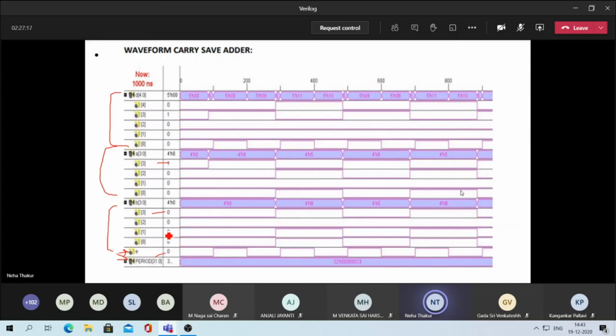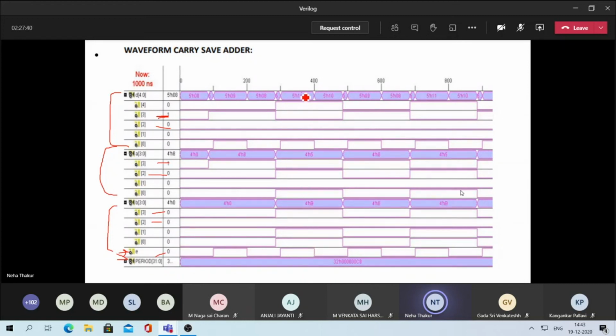So 0 plus 1 is 1. So at point 3 you are getting 1. Similarly at 2, here it is 0, here it is 0, then your sum will be 0. Similarly if you want to check at some other point, you can check it.